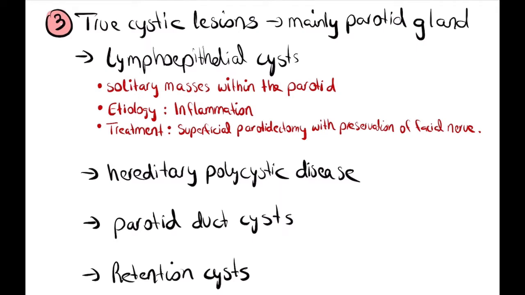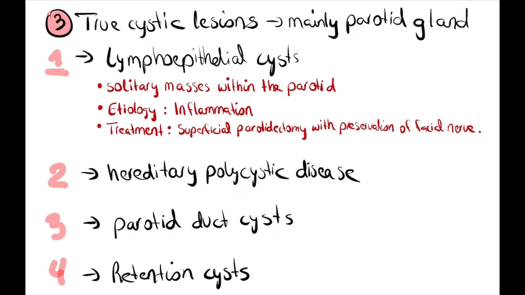So we have here four types. We have the lymphoepithelial cysts, the hereditary polycystic disease, the parotid duct cyst, and the retention cyst. These four types of cysts, you could hear it, or you might write it in the books, just to basically, in general, explain